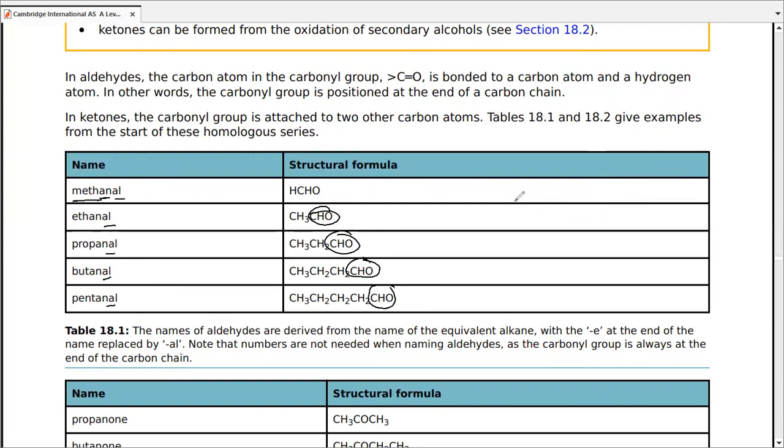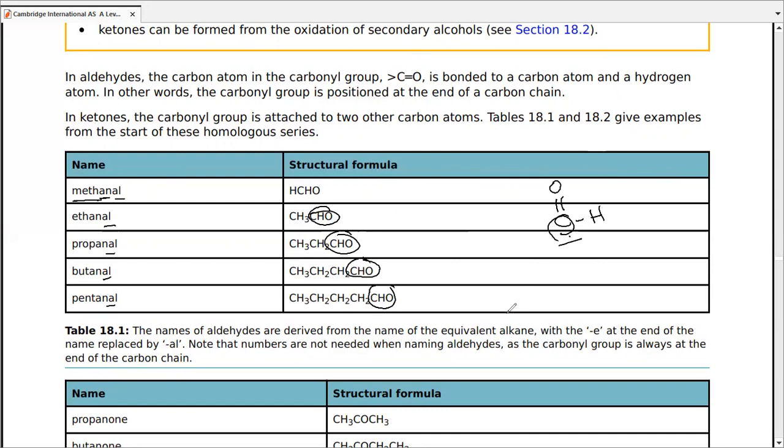I hope you understand in aldehyde, for the structure itself or the functional group, how it works, this carbon has to be the terminal carbon. We can also use the stylish word, this carbon has to be the corner carbon,